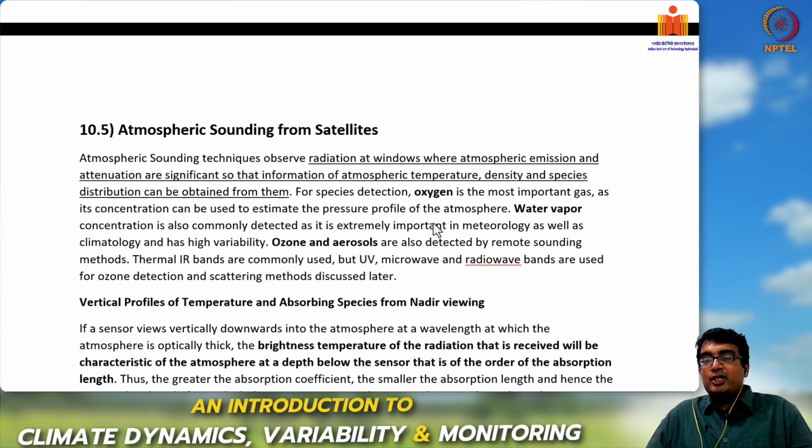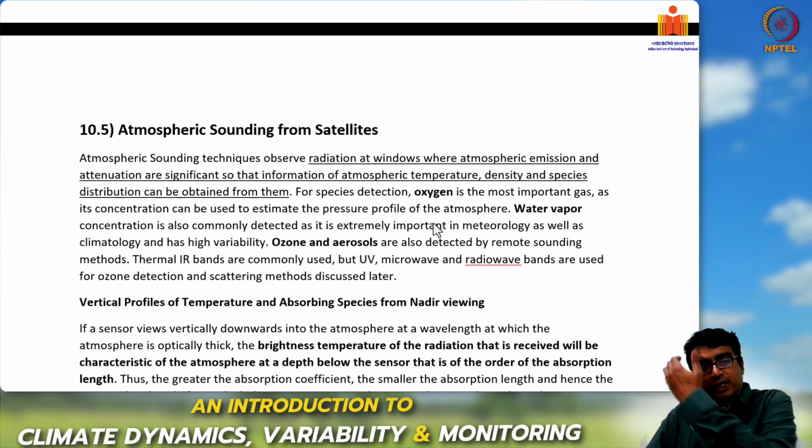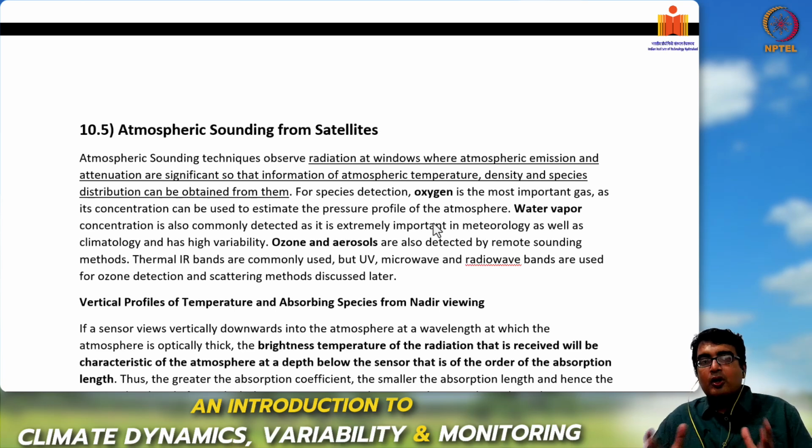For species detection, oxygen is the most important gas in atmospheric sounding from satellites because its concentration can be used to estimate the pressure profile of the atmosphere. So, oxygen is one of the species that is detected not for finding oxygen concentration but as a way to measure the pressure of the atmosphere, because we know the fraction of oxygen in the atmosphere is more or less constant with altitude. The next most important species that is detected is water vapor, which is